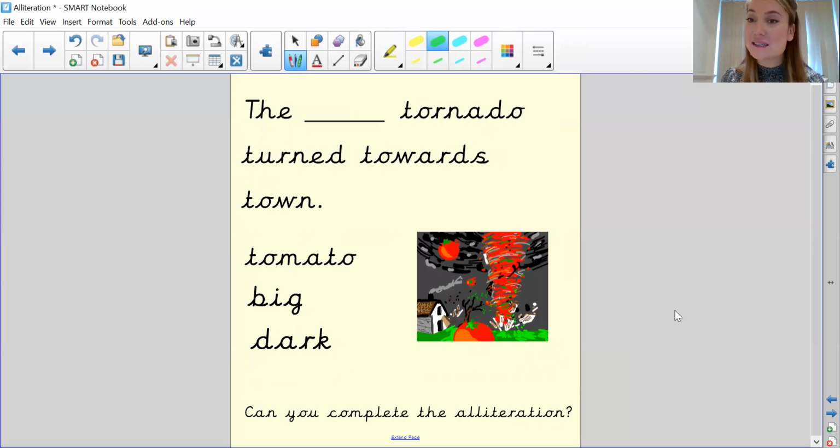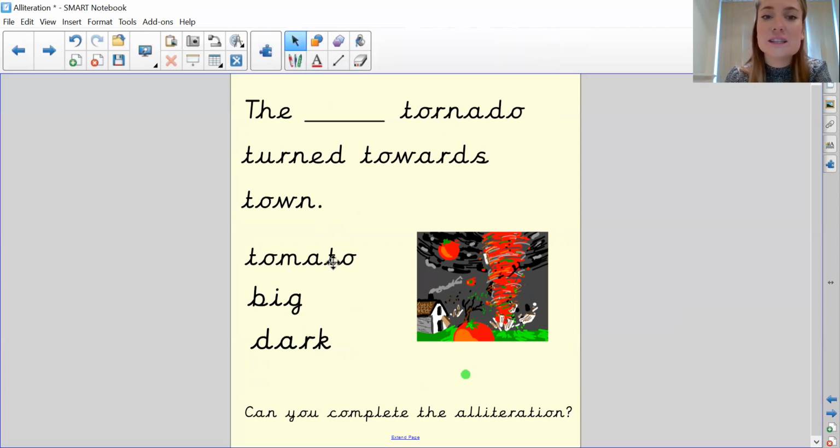Okay, let's have a look. This is one taken from our story map. The tornado turned towards town. The tomato tornado, the big tornado, or the dark tornado. Which one of those would I use if I wanted to use alliteration in my sentence? Can you point to it? Good. How do you know that's alliteration? Can you tell me?